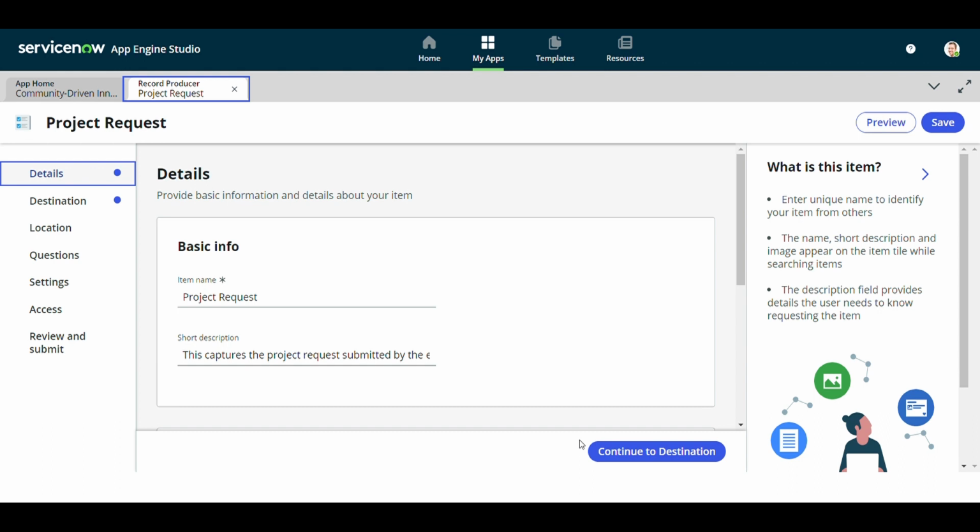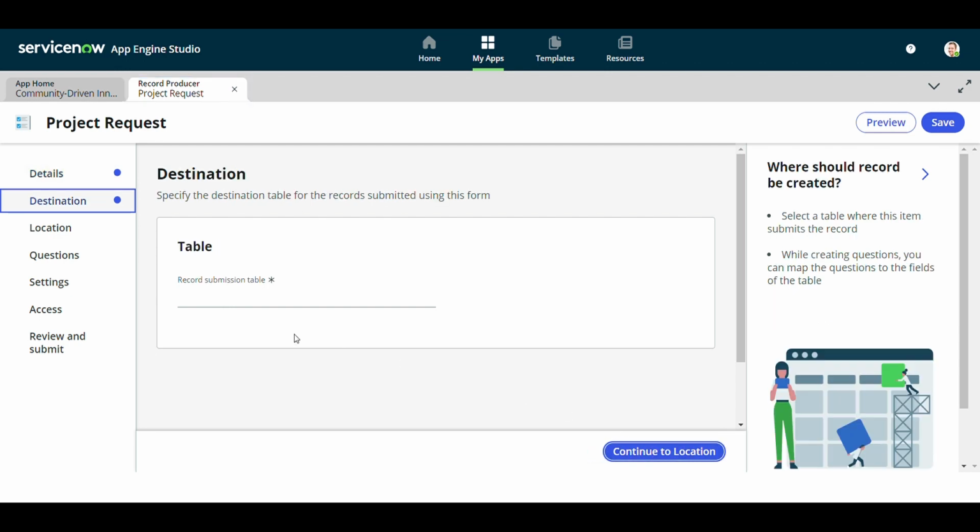Whenever we are creating a record producer, let's see from the end user perspective what the end user wants. The end user wants in the form that they can add the project name, the start date, the end date, and also the description. So let's add that information in a kind of question format. But before that, let's finish the basic details. If you see, you can add the project request and short description. It's auto populated from the form which we submitted before. Let's click on continue to destination,